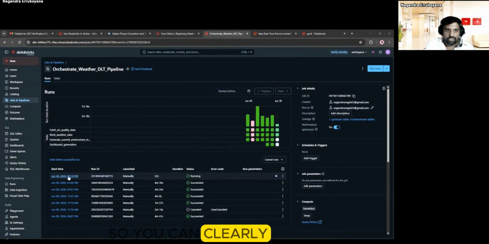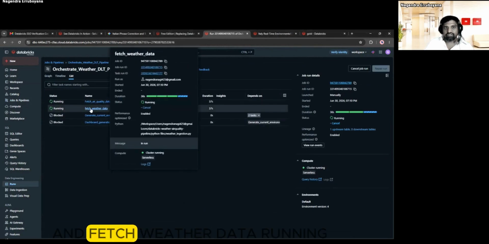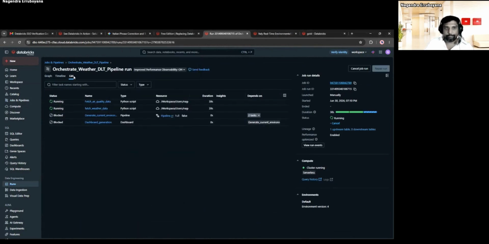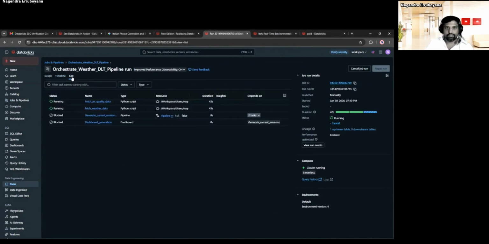So you can clearly see how this works. The fetch air quality and fetch weather data tasks are running. Now we can see the two have succeeded. Now the pipeline launches.